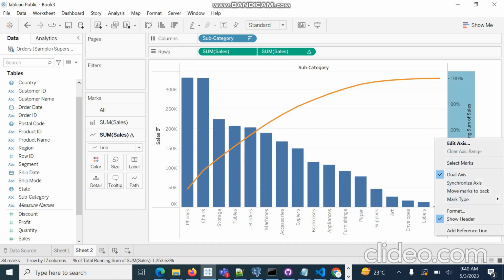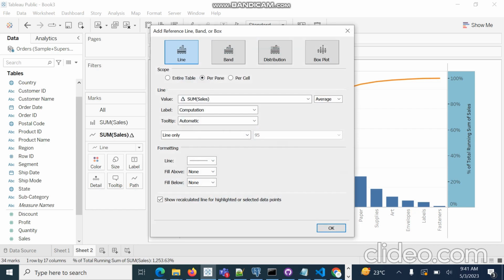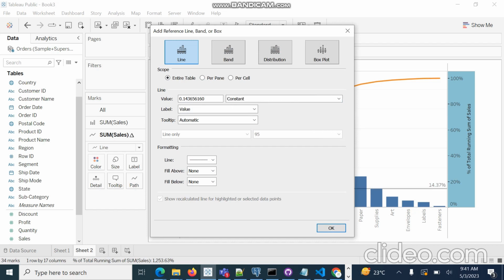Simply right click here, then add reference line. Here we select line, and we select entire table. Then we go to constant.